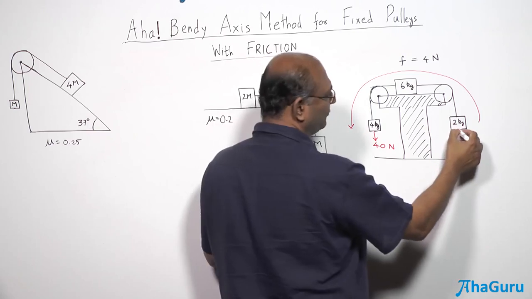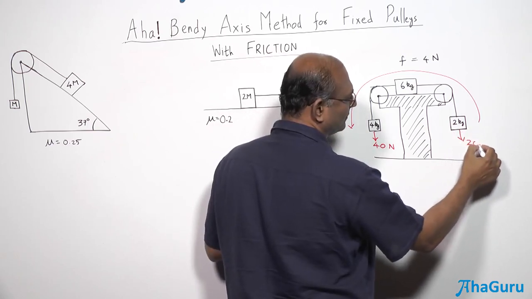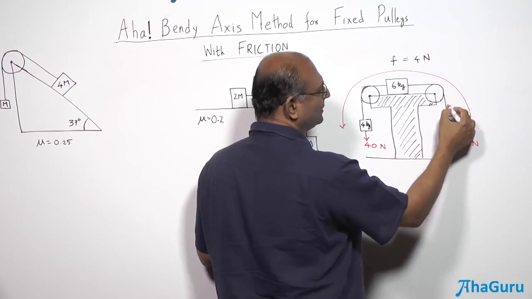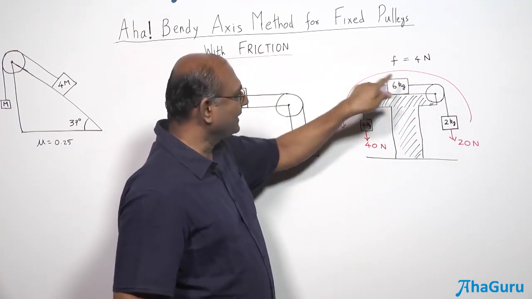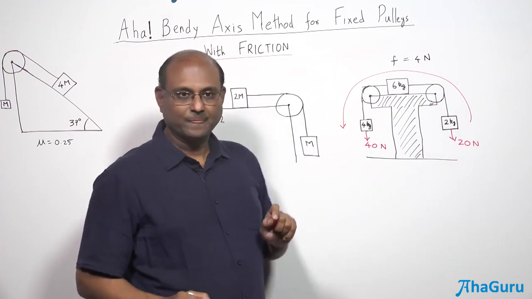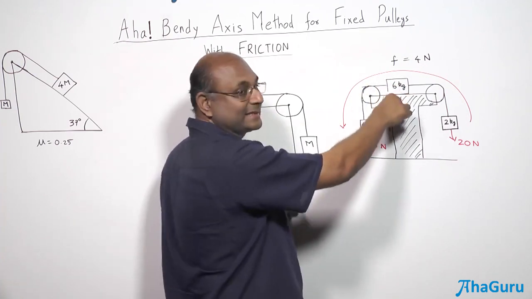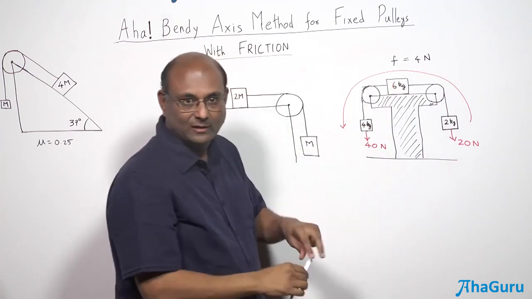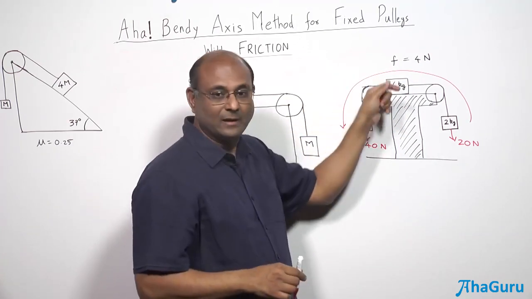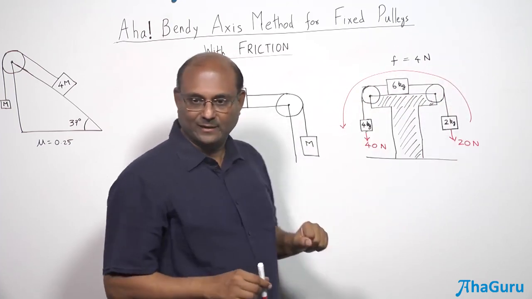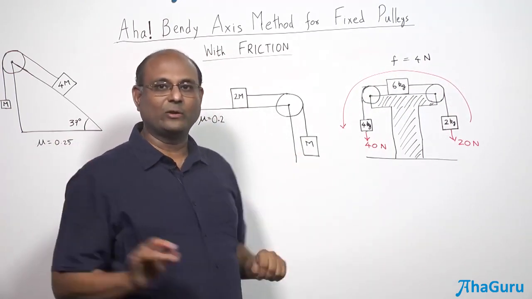So now here I have a force of 20 newtons. You know I don't have to worry about this tension, that tension, this tension and this tension, because this and this will cancel out and this will cancel out. Okay. And do I have to worry about the 60 newtons of the 6 kg block? It is downwards. Do I have to worry about that? No, because that is going to be perpendicular to the bendy axis, right? So anything that is in the perpendicular direction, no need to worry.